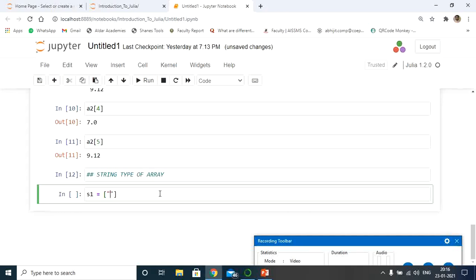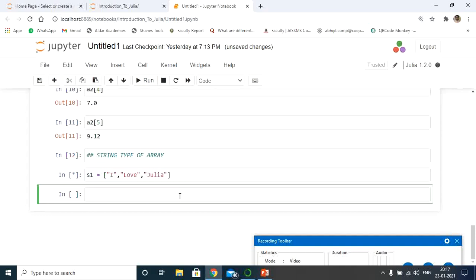Always remember, when it comes to strings, you have to mention the elements in double quotes here. That means in s1, the string type array, I have three elements: I, love, Julia. Let me try to execute this.